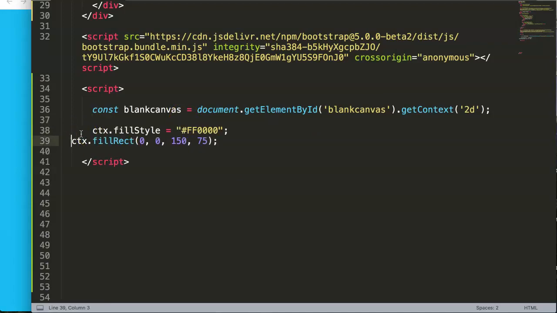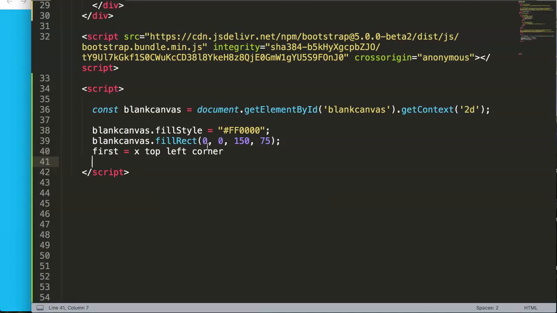All right. So basically here you have CTX, the CTX is just context. It will be a variable or a constant, but in our case it's not CTX, it's blank canvas. And you can see here, what does it really do? It says blank canvas fill style equals red, and then here it starts to indicate what the shape is and where it starts. The first 0 is related to the x-axis, but it starts at the top left corner,